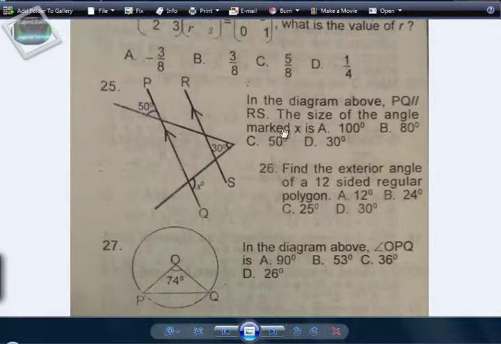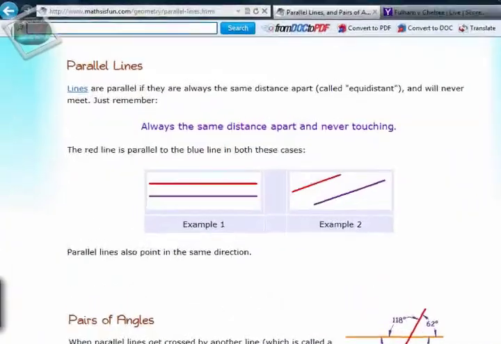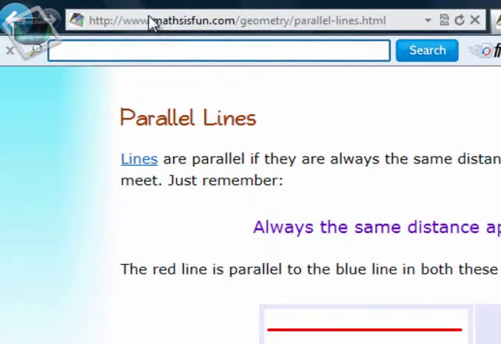The question goes further. The size of the angle marked X is, so they're asking us to find the size of this angle. And when dealing with parallel lines, parallel lines have got a lot of unique angles associated with them. And to get a better understanding of what these unique angles are, I'm going to take you to a site that dealt extensively with the relationships involving parallel lines. And this site I'm talking about is